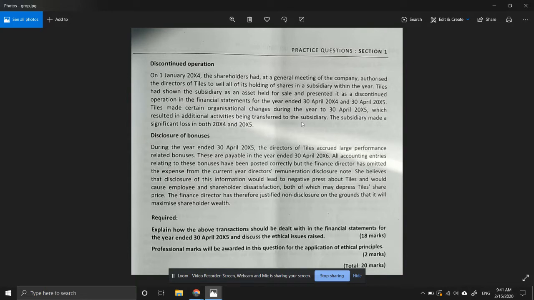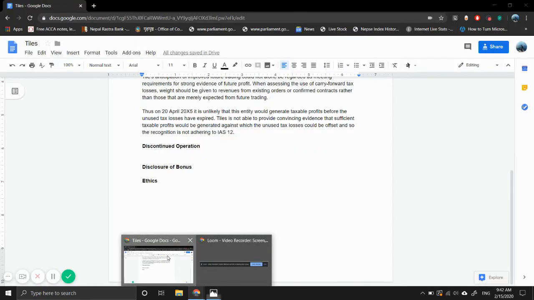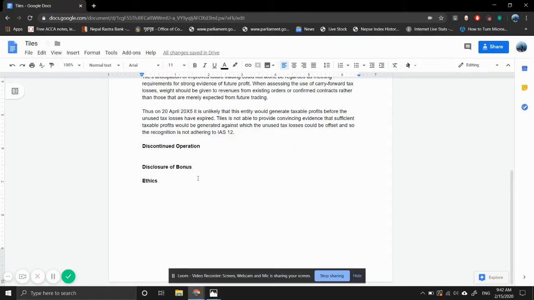So the classification itself will be wrong because the asset was not available for sale. That is the evidence of this. The subsidiary has made significant losses in both 20x4 and 20x5. Since it will be classified as discontinued operation, the loss will be reported below profit from continuing operations, so it might seem favorable in the eyes of investors. That's why they might be doing it. We'll talk about that as well. First of all, let's discuss